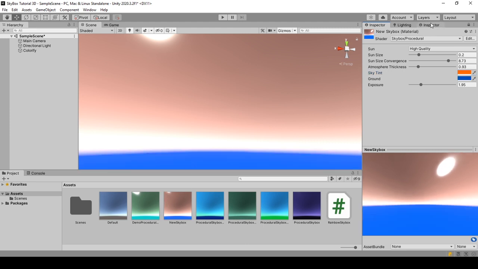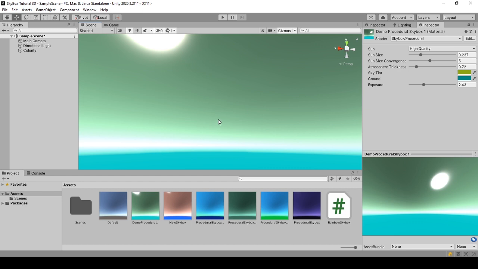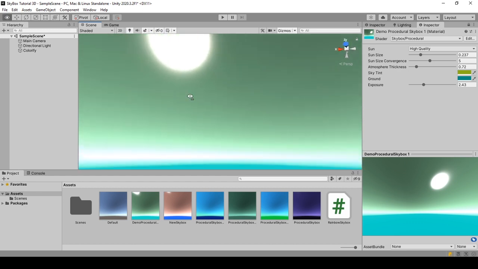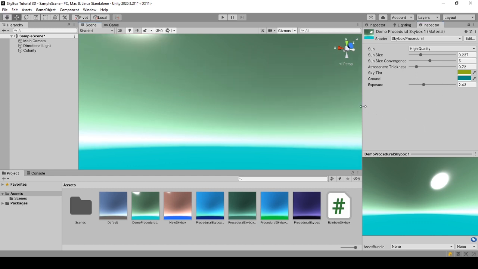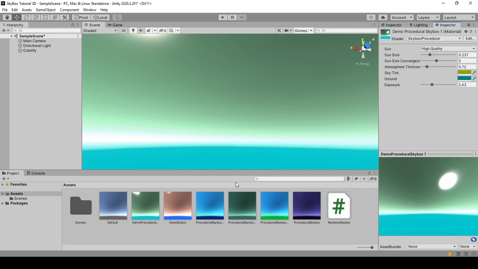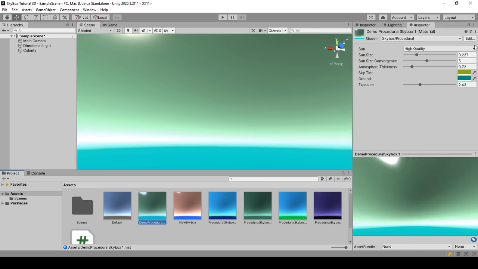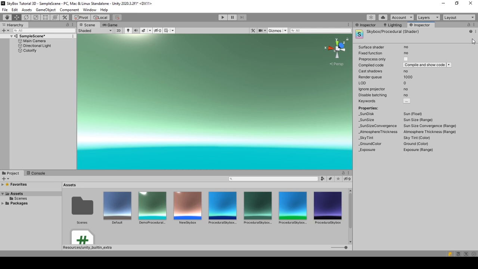Before ending the video, let me give you a short coding demo for changing the values of the skybox material from code, as I plan to do so for a colorful thumbnail of this video. First of all, how would you know the string tags and types of the properties to change in the code? You can browse these after clicking Edit in the inspector and browsing the properties defined for the shader. On the left side, you can see how they are defined for code, and on the right side, their types